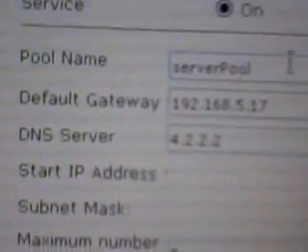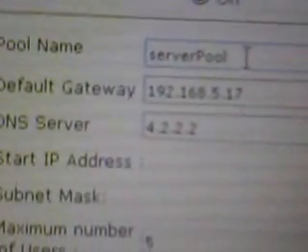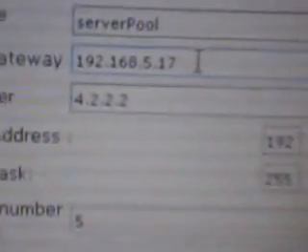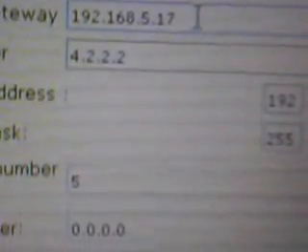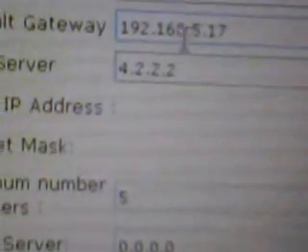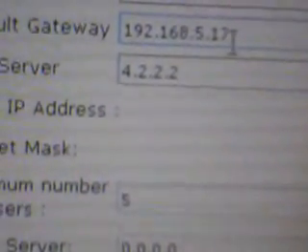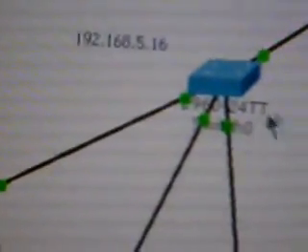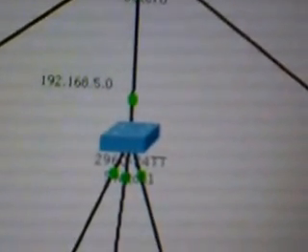We will be having this. So what I did is I have assigned a server pool, that is the default name which is given to the pool name in this Packet Tracer, and this 5.17 is the router that is connected in LAN 1. This is the default gateway, that is, it is called the router IP address for LAN 1, and the network address of my LAN 1 is 5.16. So apart from this network address I should assign an IP for the router.